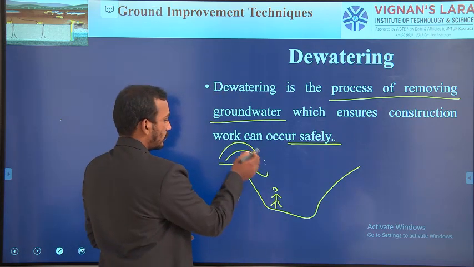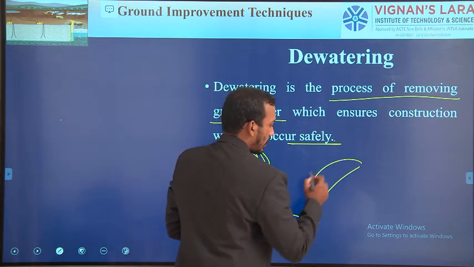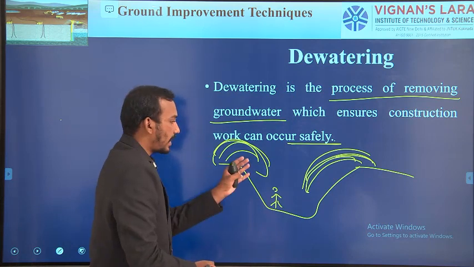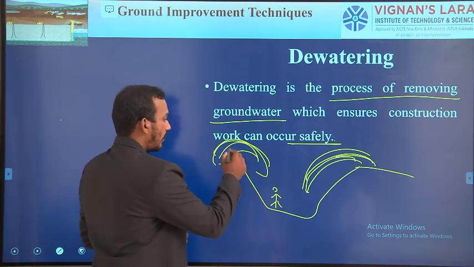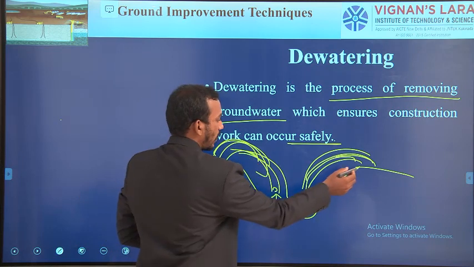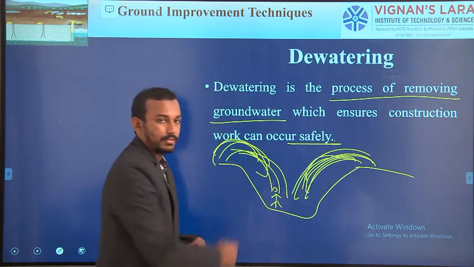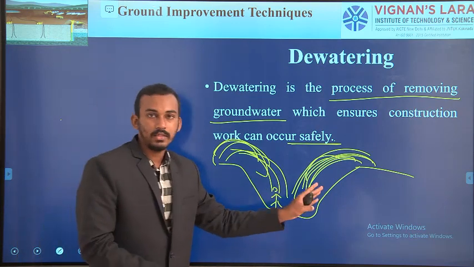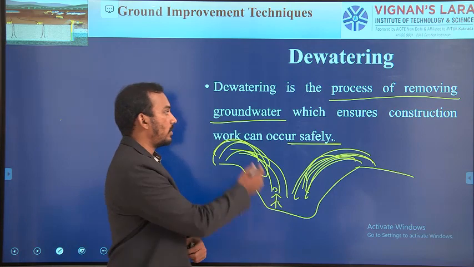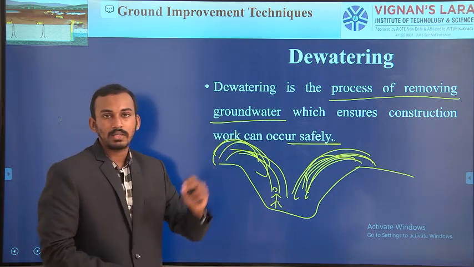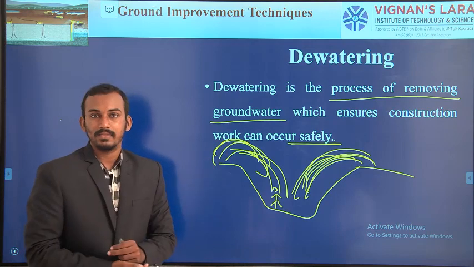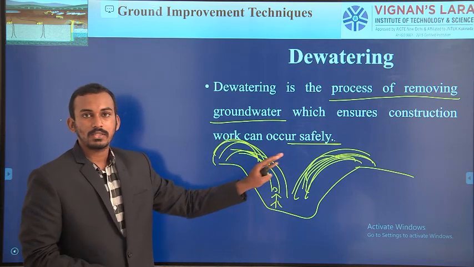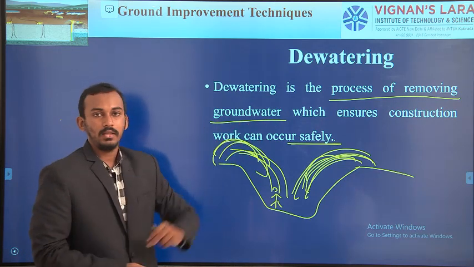The backfill: they excavate the soil and place the fill just near the excavation pit. If it rains during rainy seasons, all this backfill may again collapse into the excavation pit. Because of this, so much loss is going to occur. So in order to prevent this, first of all, we remove all the water from our site. Not only the groundwater, but water can also occur due to rains or some other reasons. All the water from our site that is removed is known as dewatering.